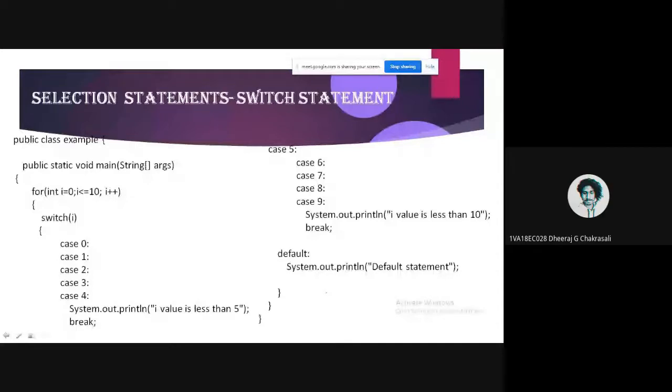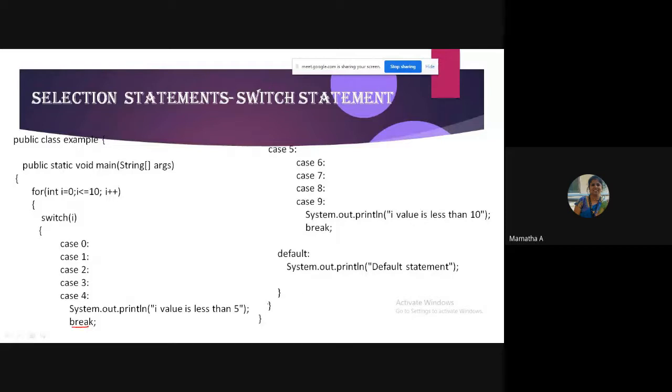The I value is less than 5. Why? Because I is starting with 0, case 0. It moves to case 1, case 2, case 3, case 4 till it reaches a break. I value is less than 5 is the first statement.